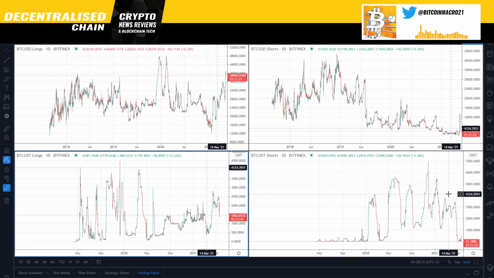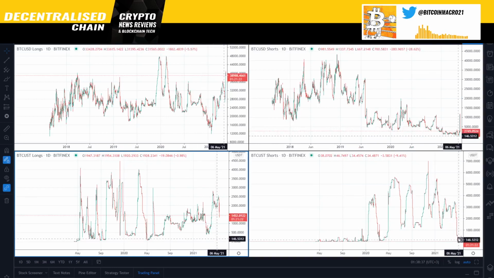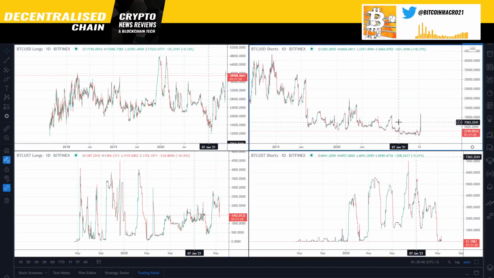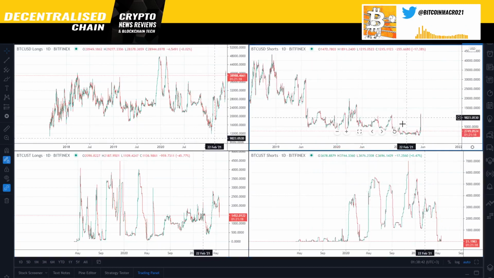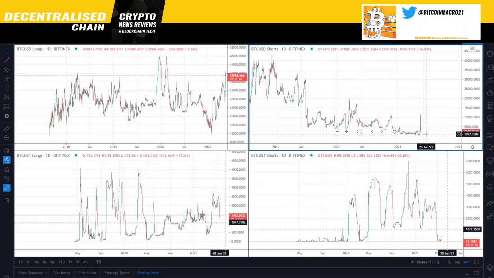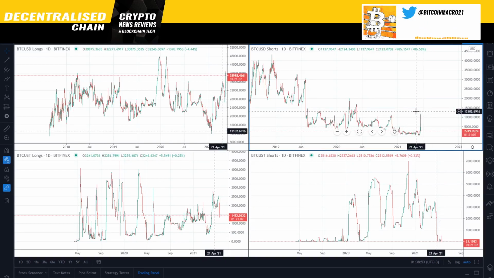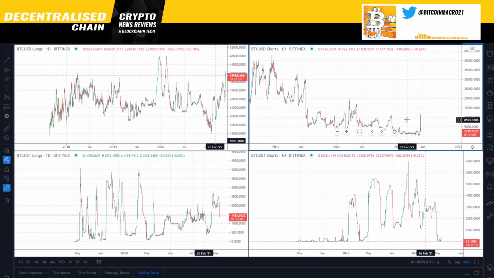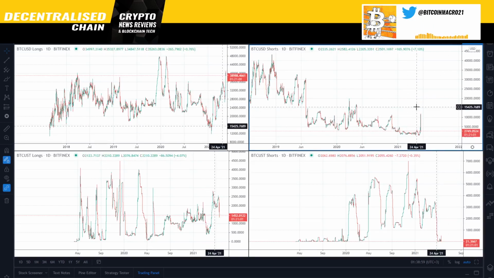Now, with shorts, we had a lot of shorts close right below the big correction, and the USD shorts were already really low. They were about 1,000 or less than 1,000 before the drop. Now, once things started dropping, it started increasing, and many people thought that might have been some shorts that were about to get squeezed,